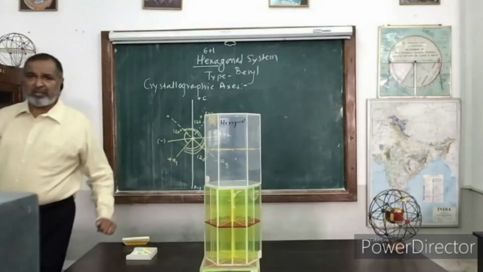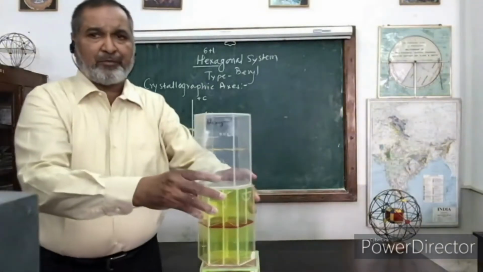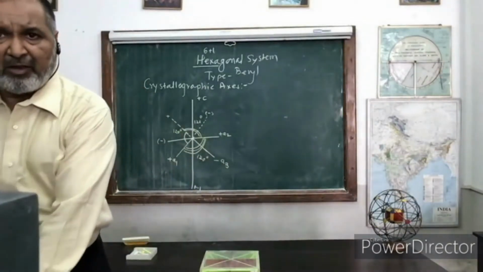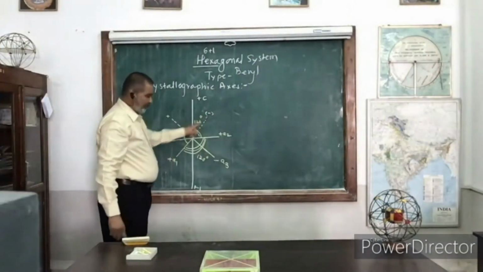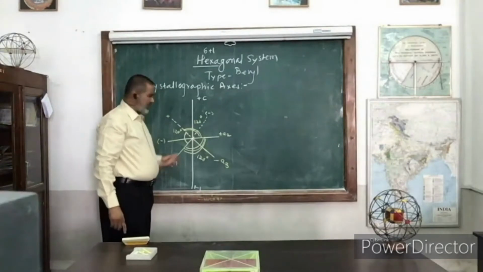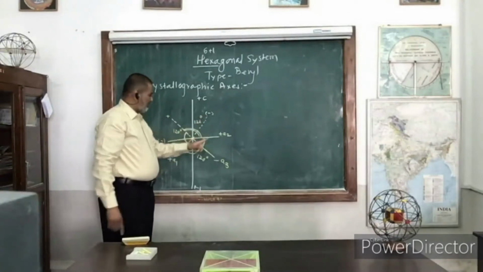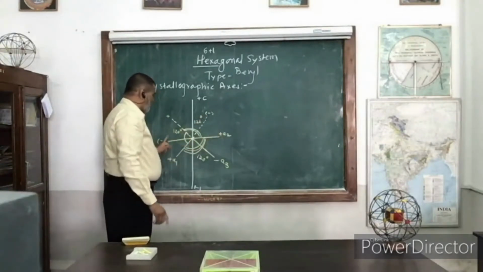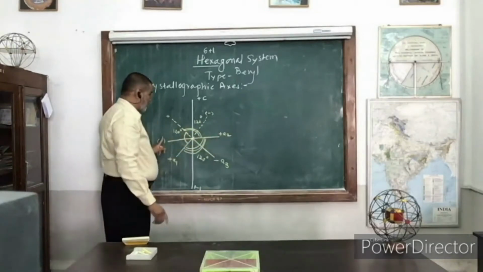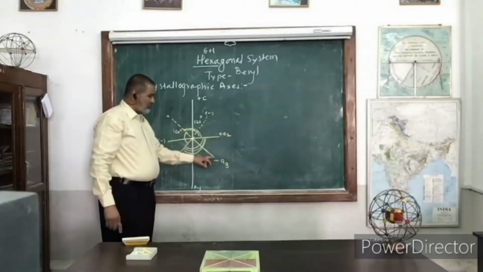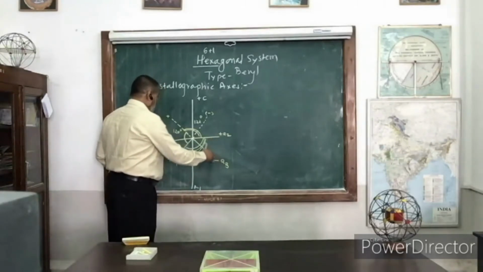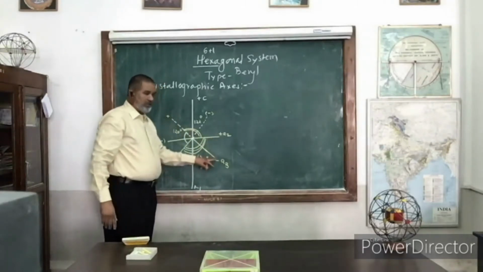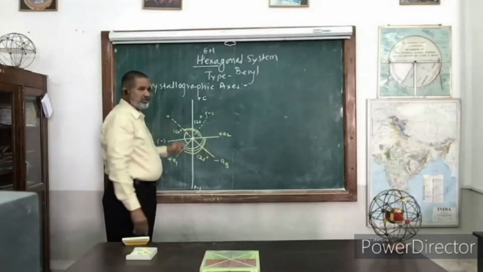For example, you can see on this board what we have. A1 runs from front to back. The front of A1 is given a positive sign, the back a negative sign. A2 runs from right to left, so right is positive and left is negative. Now a new axis is introduced on the extreme right-hand side, from front to back. Here the front is given a negative sign and the back a positive sign.